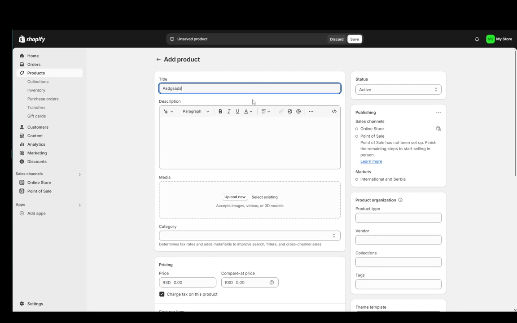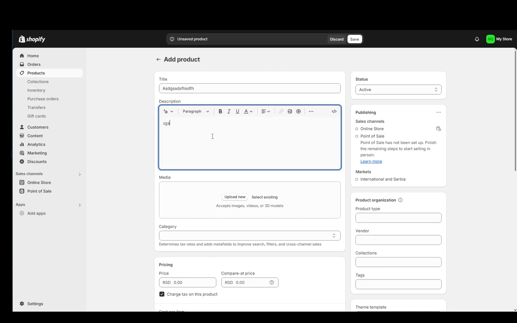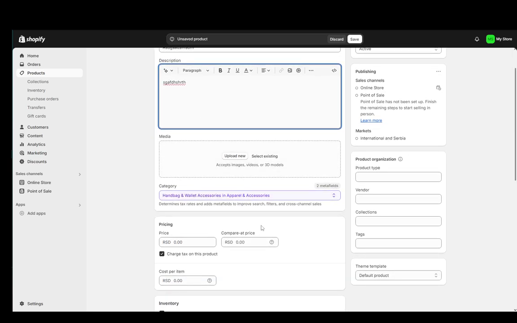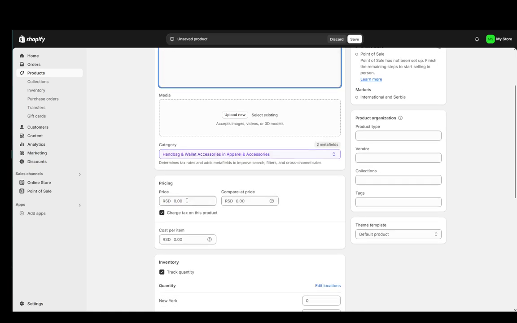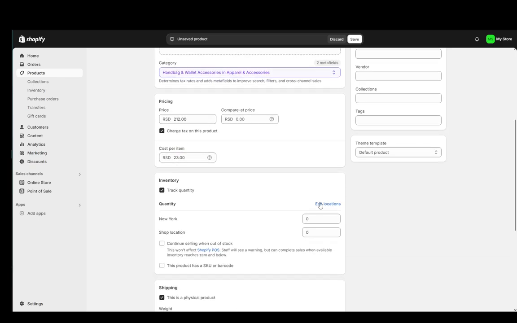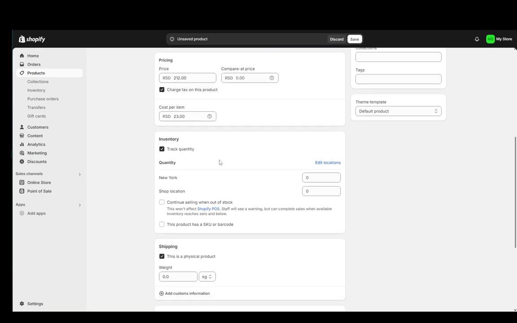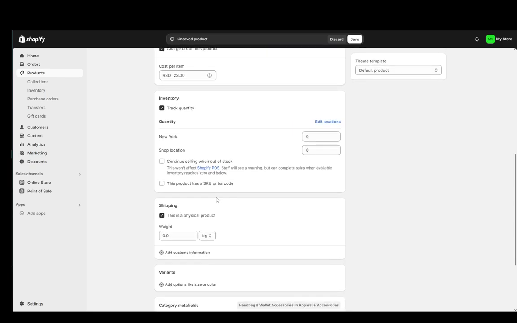I'll just add a random string of letters in the title and the description. Then I'm gonna not upload a picture. Category, I'll just set it to whatever, keep it as is. Then add a price and cost per item, just like so. You can click to charge tax on the product, and then when you're in your menu still, you can go